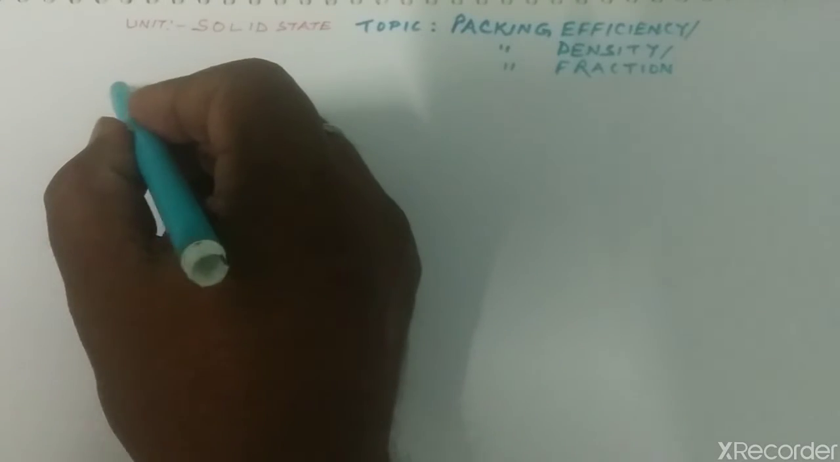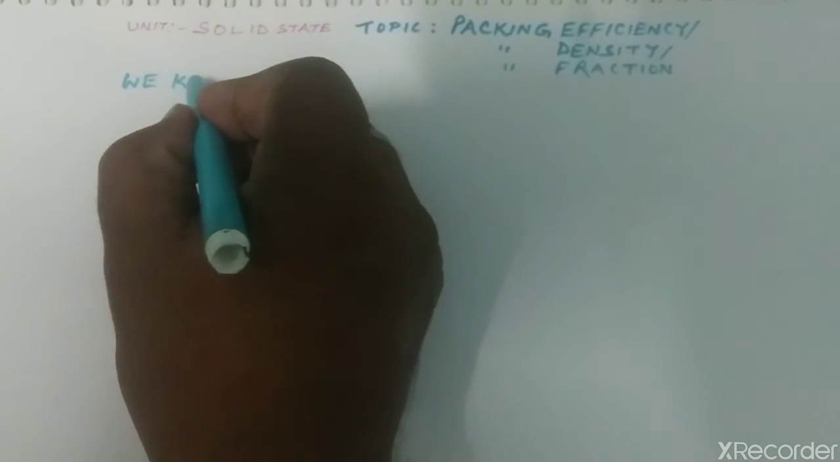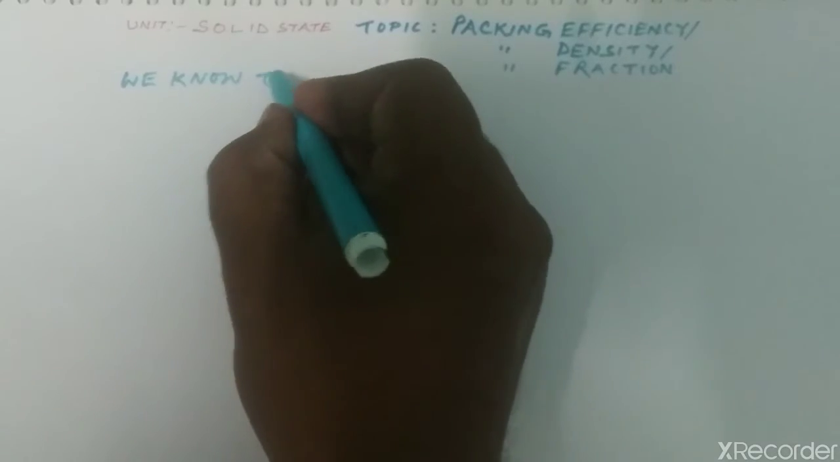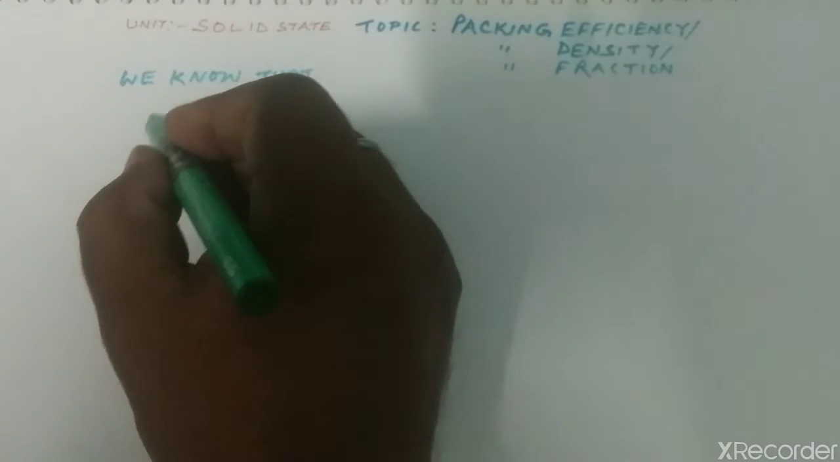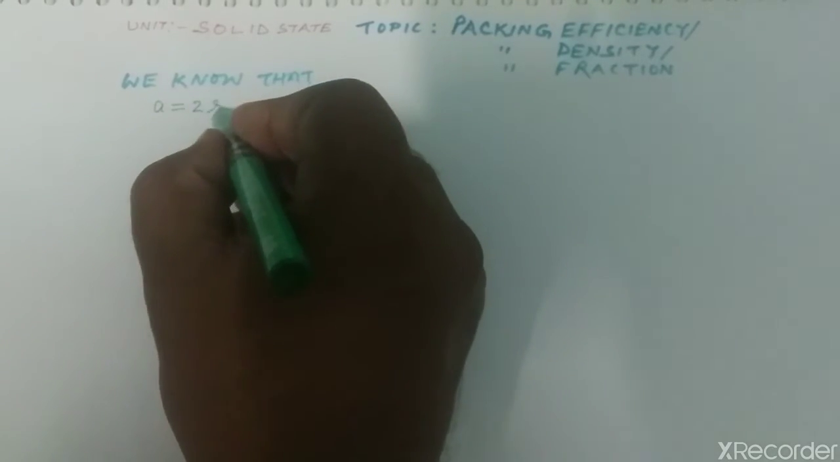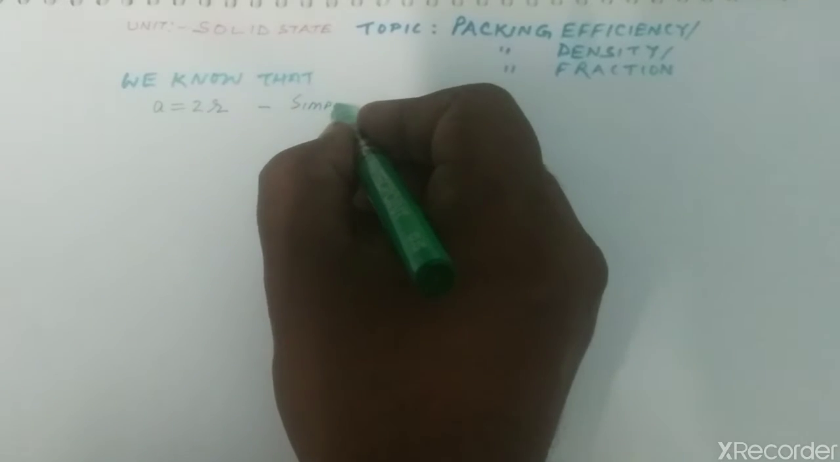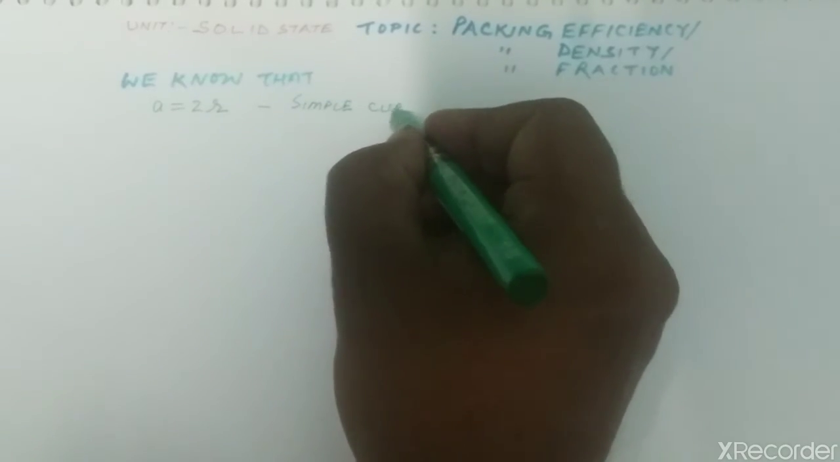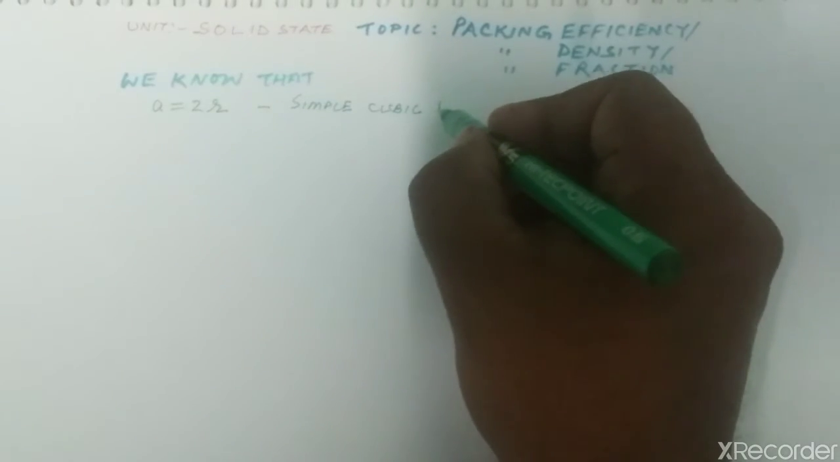Good morning, students. In our previous topic, we were discussing packing efficiency of the unit cell, or the packing fraction of the unit cell, or the packing density of the unit cell. We had seen there, we know that a is equal to 2r in simple cubic unit cell. We have seen it,